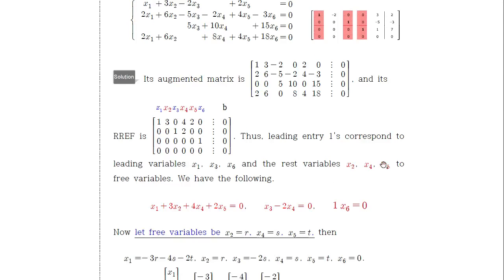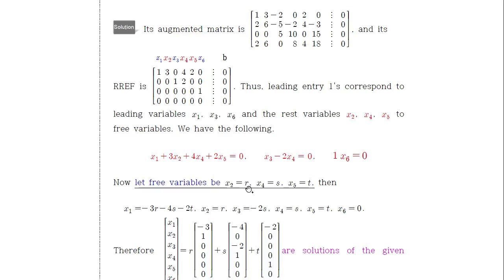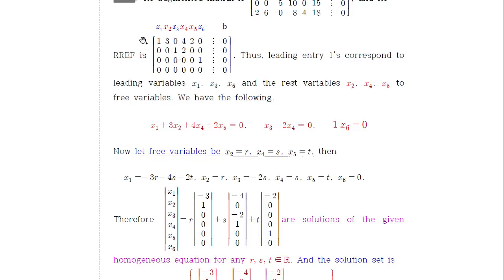So let x2, x4, x5 be R, S, and T for any arbitrary real numbers R, S, T. Then from this linear system of equations, this system can be written in this way. The last is 1 times x6 is equal to 0, which means x6 should be 0. And from here, 1 x3,